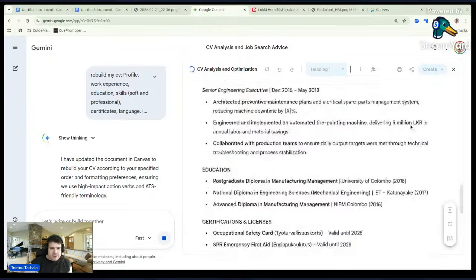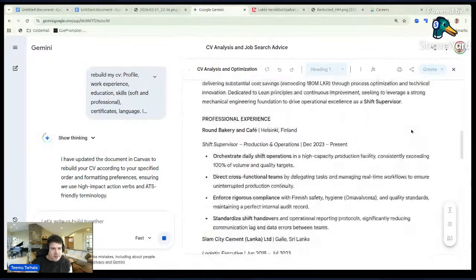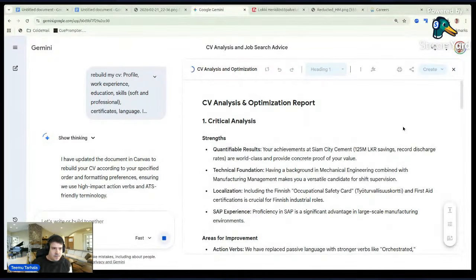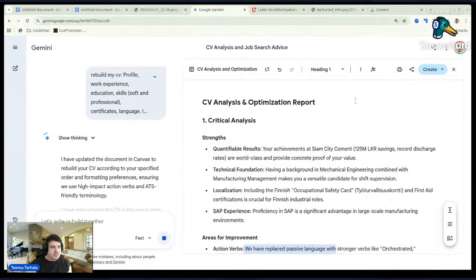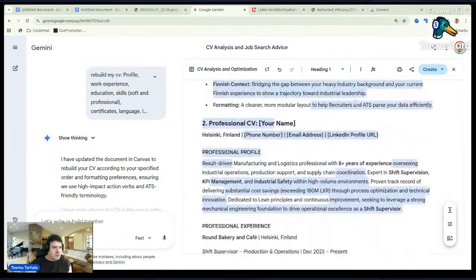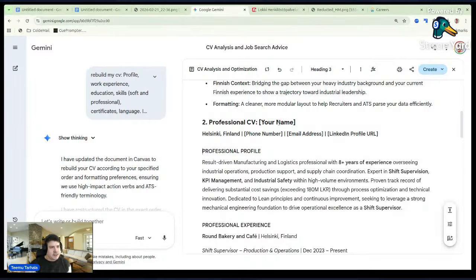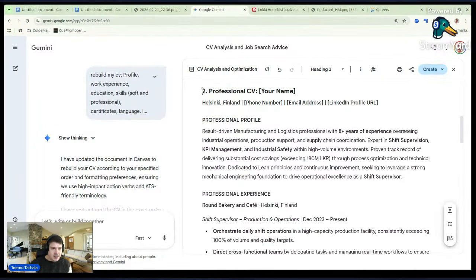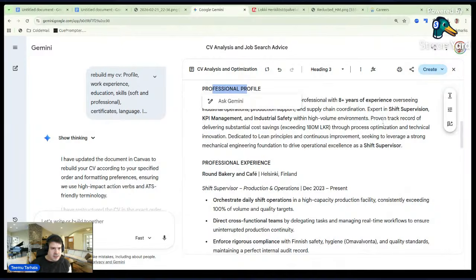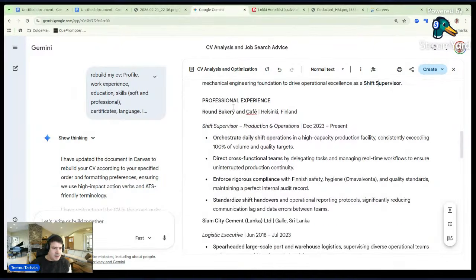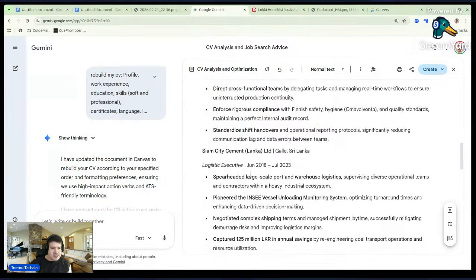Now we are getting our CV template in order. Let's wait for it to remove the, okay, it left. Here it is. Here's our headline, profile, yes. And then all the experiences listed here.